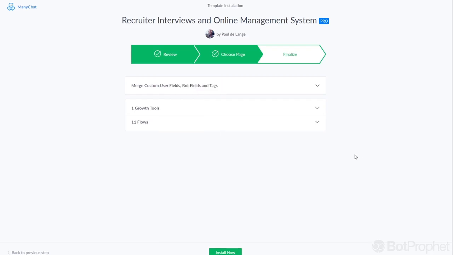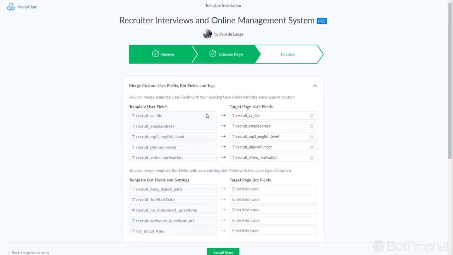You get to this page, and this is a new feature by ManyChat which allows you to override certain custom user fields. If you already have these other fields that you want to merge with the new ones, you can just enter that here. But of course we won't do that. First of all, this is a new template on a pretty new account, so there's not really any custom user field that you want to merge. And secondly,